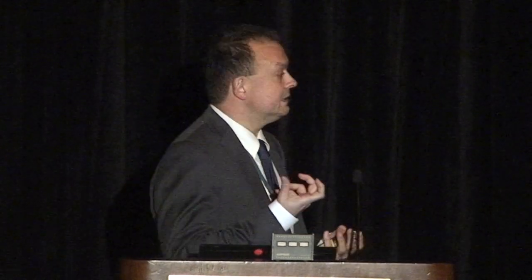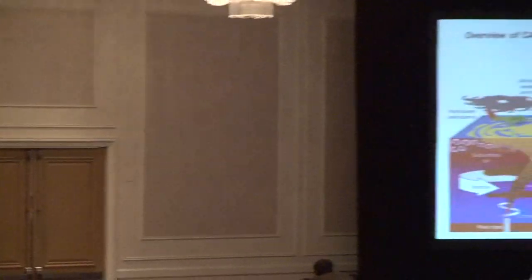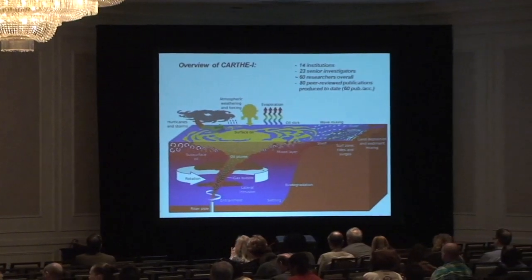Tamay. So I'm here on behalf of CARTHE. CARTHE is very much focused on the physical processes that are responsible for the distribution of hydrocarbons in the environment. And so this is the schematic we have in mind while during the whole project we are tackling. We are, of course, very much focused on the processes that are associated with the pipe through which the multi-phase plume is coming out. This is a very challenging problem because it's half gas, half oil, and there are dispersants injected. It's coming hot into a very unknown